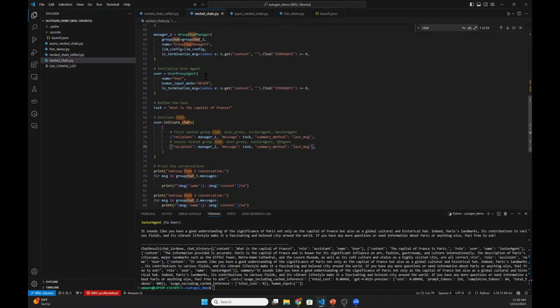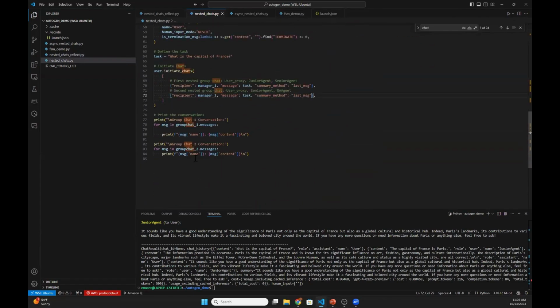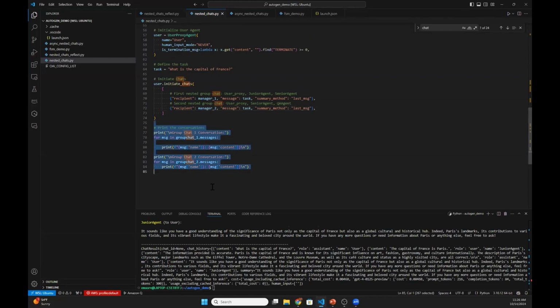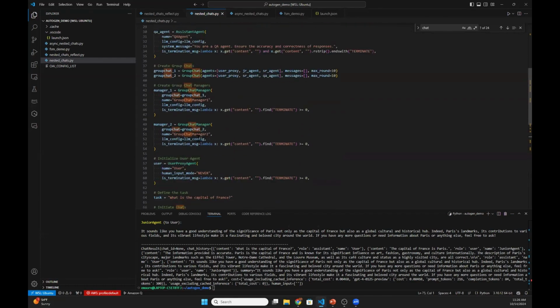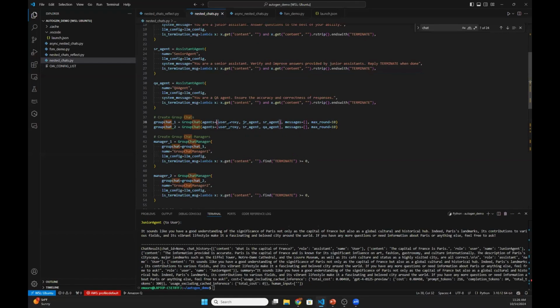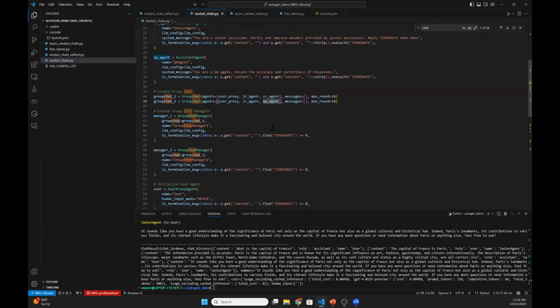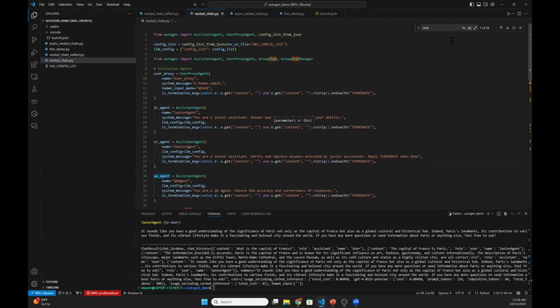So here's nested chats. You can see, minus the longer print block here, the code is about the same size. We have two group chats, so now we have a different interaction pattern where it's a little bit more complicated. All three are there, but we have a different agent kicking it off each time. Let's go ahead and see what this produces. One thing I do want to draw your eye to is that last interaction cost about half a penny.